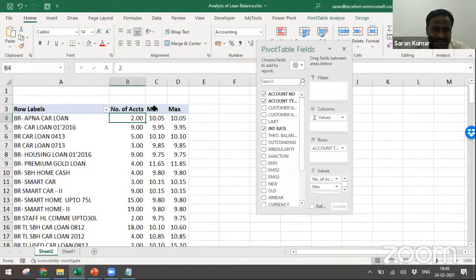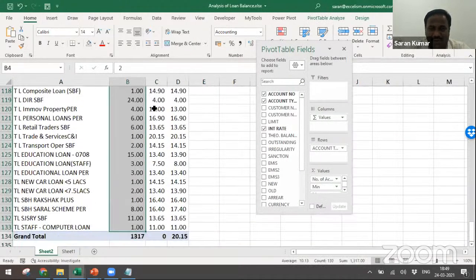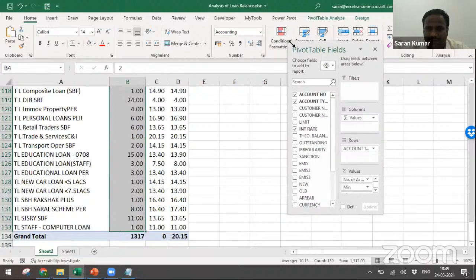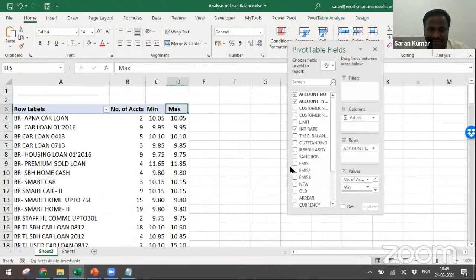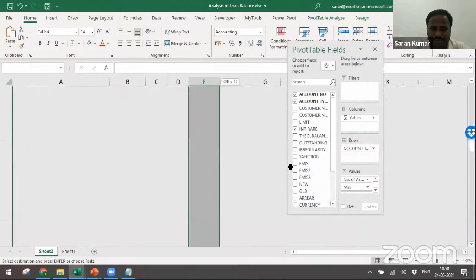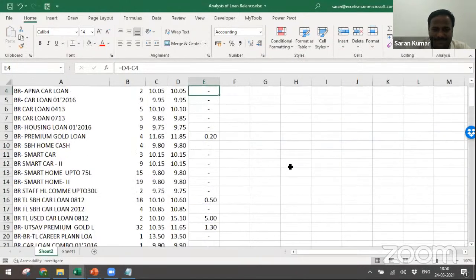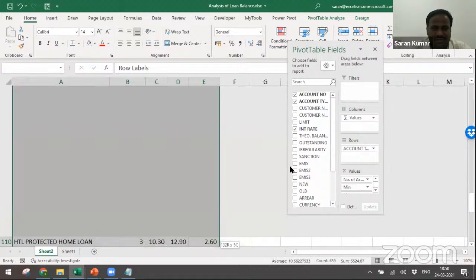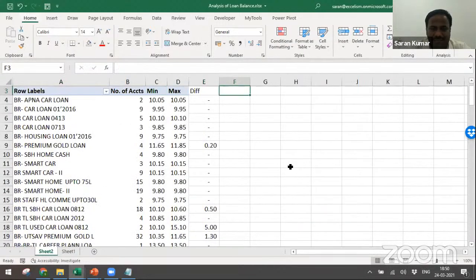Now this is the real data with respect to the loans. Earlier, since product code was not there, we identified with the GL. Now you put this minus this, so max minus min. So you can cross check, and copy and paste. Now you can see the difference. So now have a filter. Just keep the cursor here, put the filter.